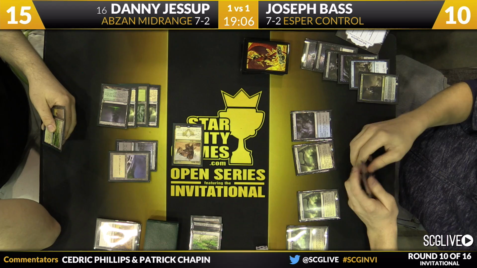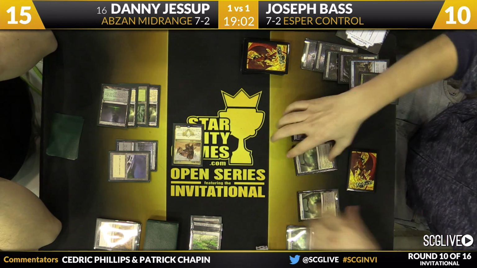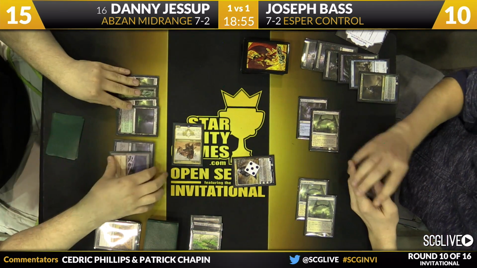Follow him in Esper. He's always playing Planeswalkers, and this Planeswalker package looks very Shaheen-esque. However, we've got a Siege Rhino that is turned sideways. We see that Jessup does have 6 lands in play. Now here is a Sorin from Joseph Bass, so he will tick that up before passing the turn back